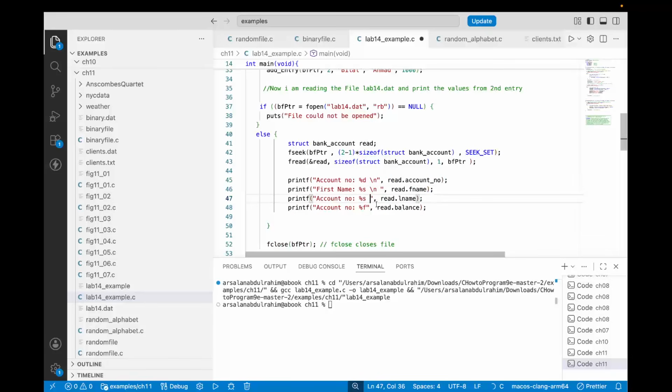Remember one thing, in your lab 14, you have to make the readability of your code and your output very much good. That has to be very good. So when I will just run it, let's just say,